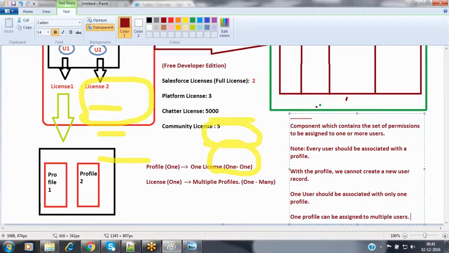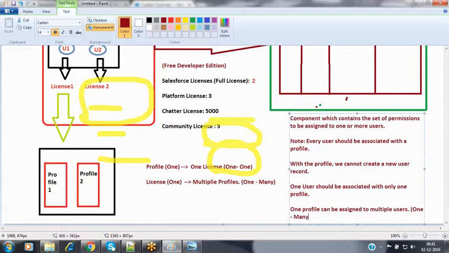The flexibility is there. Nothing but profile to users, we are having one-to-many association, and then user to profile, we are having one-to-one association. Okay, user to profile, we are having one-to-one association, and the profile to user, we are having one-to-many association. So now in this kind of scenario, how can we create this profile here?